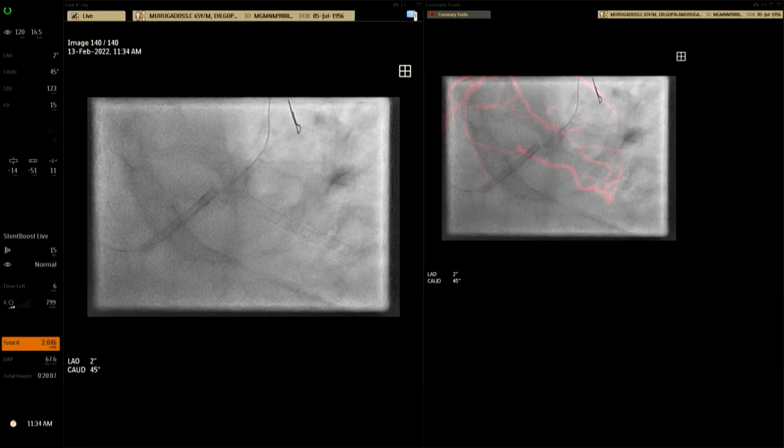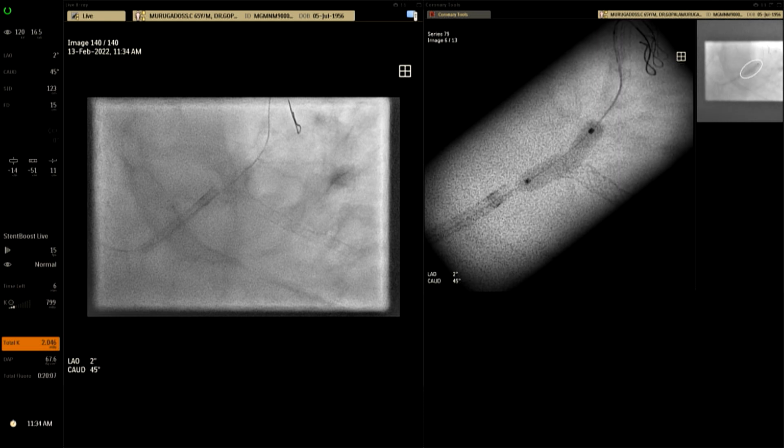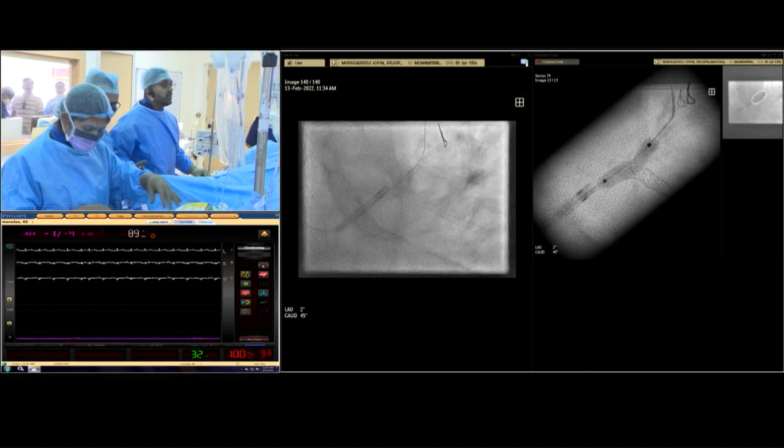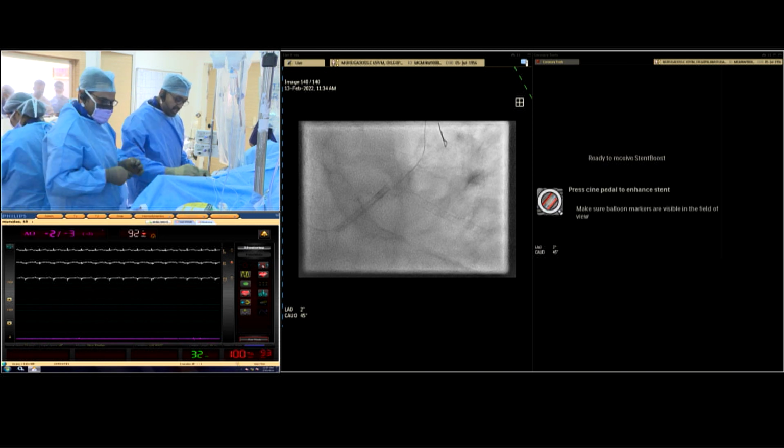The guide was clearly going in with the balloon, so I know nothing is sticking out. I'm comfortable. We have enough space there to be able to get kit down the LAD side. Any thoughts, inputs from the expert panel there? Ramchandra, you can chip in, please. I'm just going to wire the circumflex